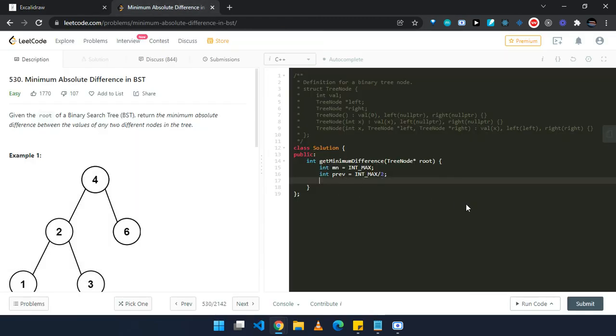For that only we are doing this, and we'll create a utility function, and we'll pass this function our root node. We'll pass previous node's value and the variable which will be storing our answer, that is mn, and we will return the answer.